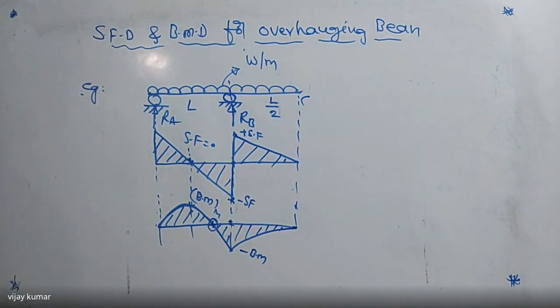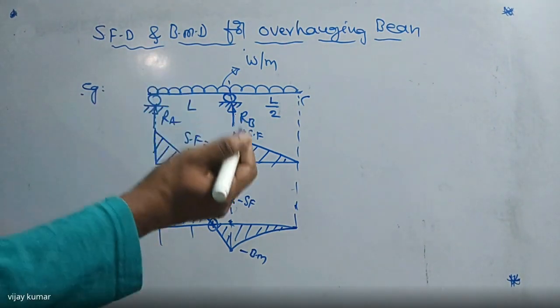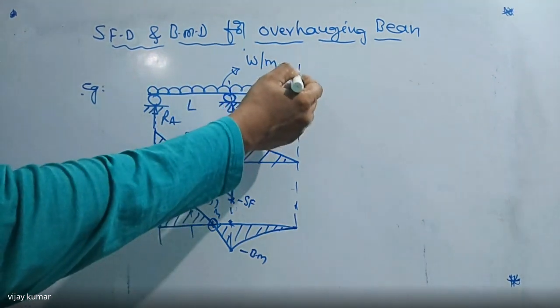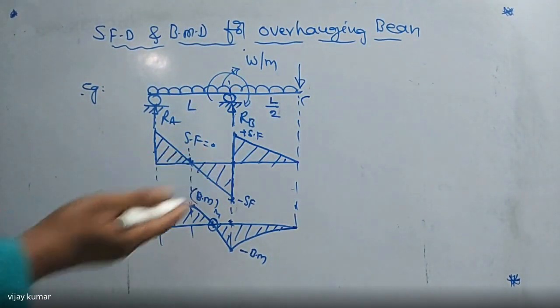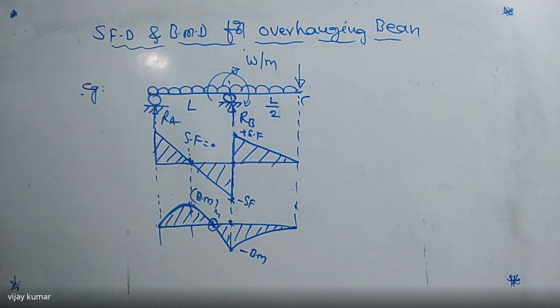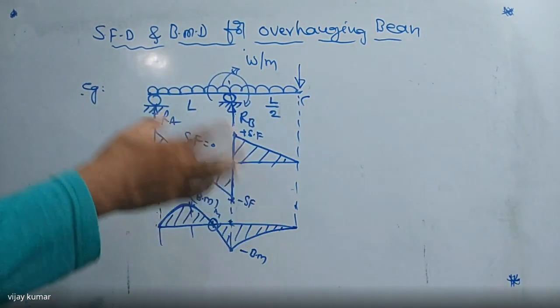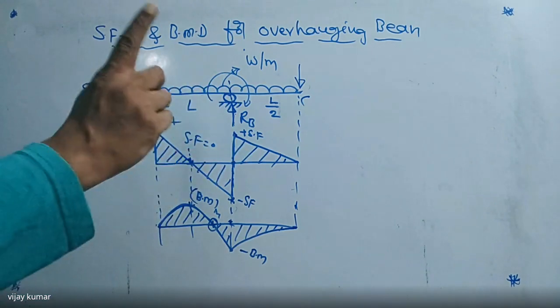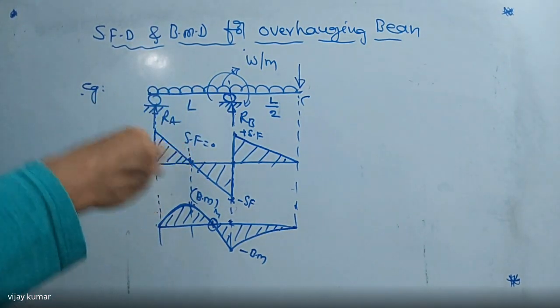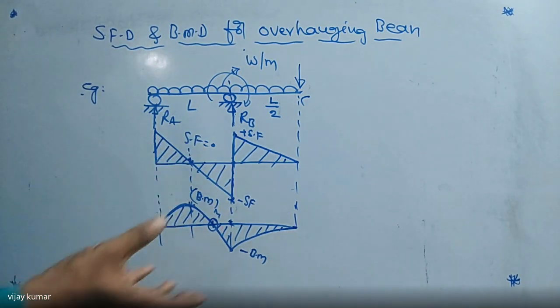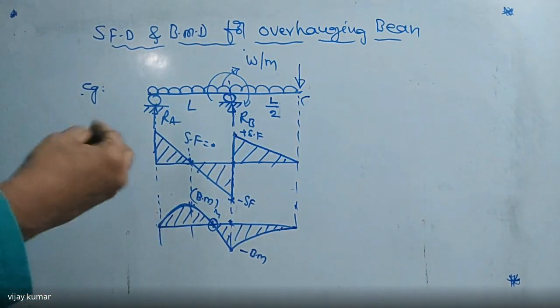Okay, right. So this is the way of drawing shear force and bending moment for an overhanging beam. We can take any case: if you take one point load here, if you take one couple here, we can take anywhere. We can draw the shear force and bending moment diagram, but it will take more time to solve. But from the GATE point of view, they will ask questions for only 1 mark. So they will always ask simple questions, whether you can find the shear force or bending moment, or the shear force diagram or bending moment diagram.